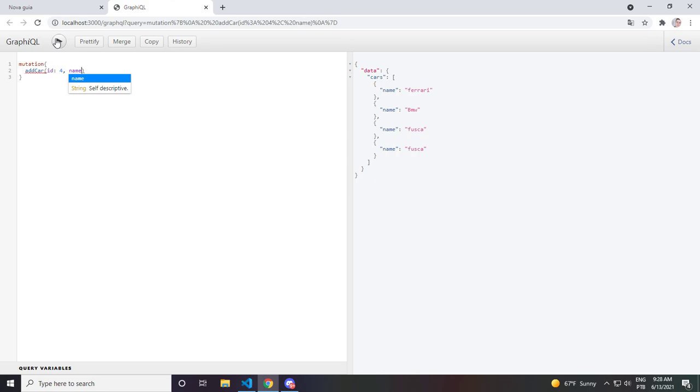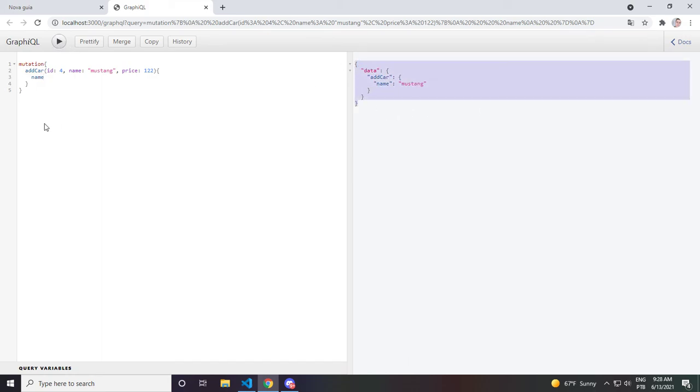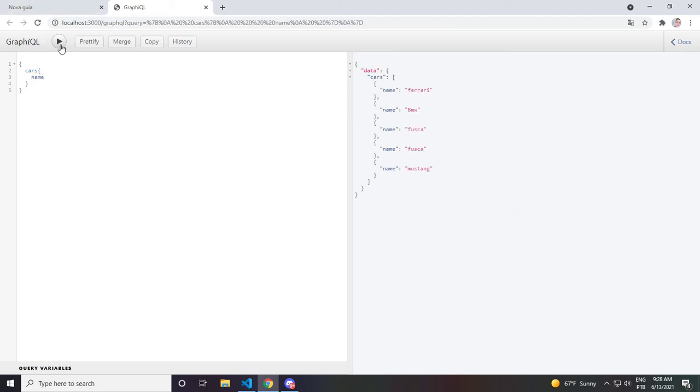So if you go and use the price like so, we added this new item to the list, and if you fetch it again, we have just one. Probably I added 2 times,